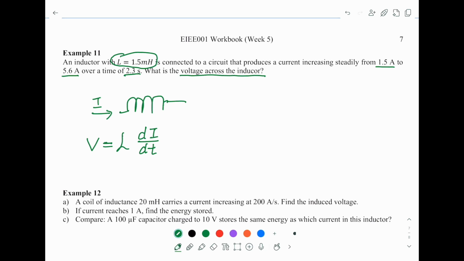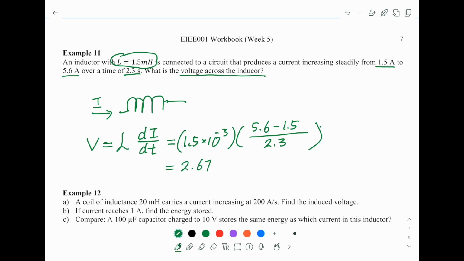So the inductance is 1.5 times 10 to the minus 3, and the change is 5.6 minus 1.5, and it takes 2.3 seconds. So it is equal to 2.67